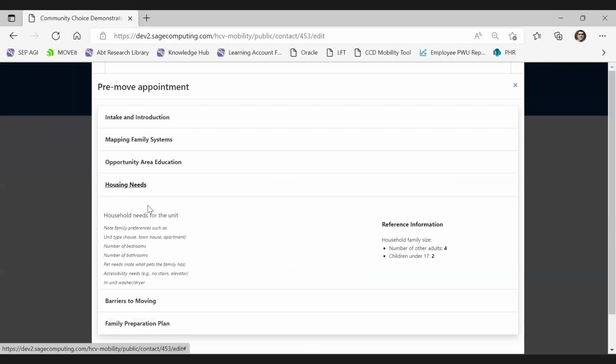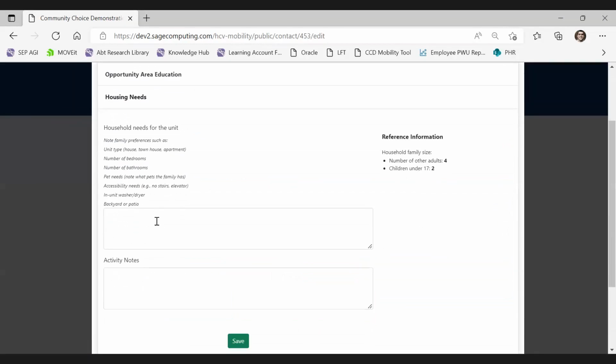Clicking save and moving to the housing needs, where you can note family preferences such as the unit type, whether this family wants a house, the number of bedrooms. As you can see, the household size is going to be 6, so 4 adults and 2 children under 17.